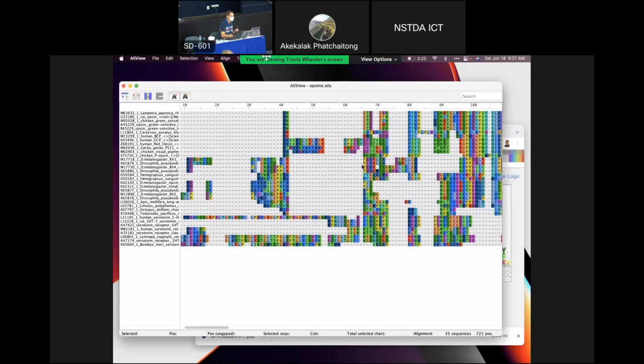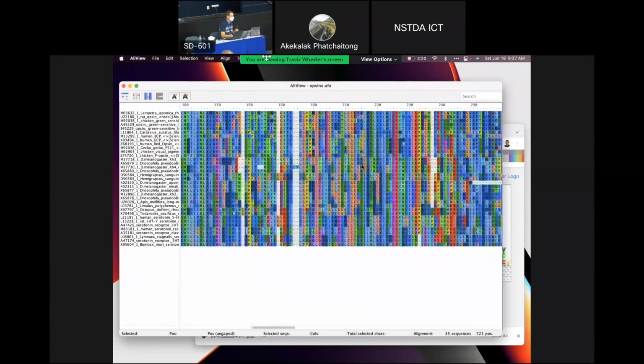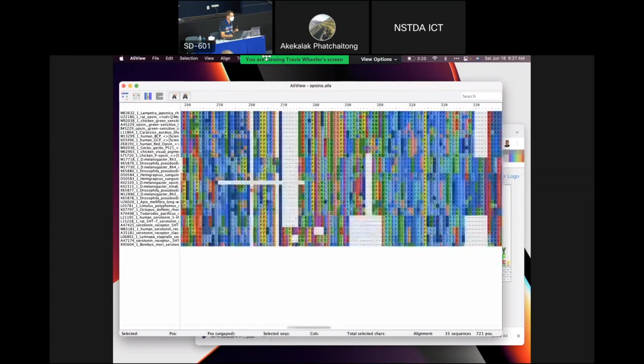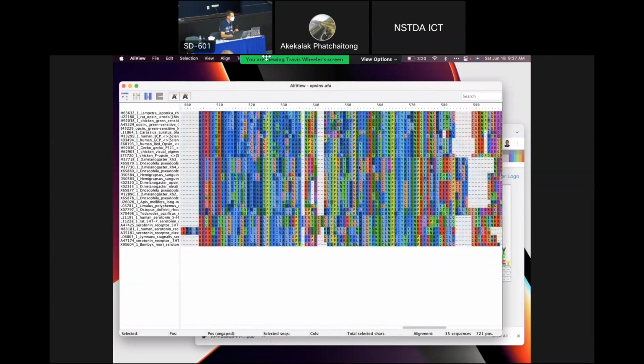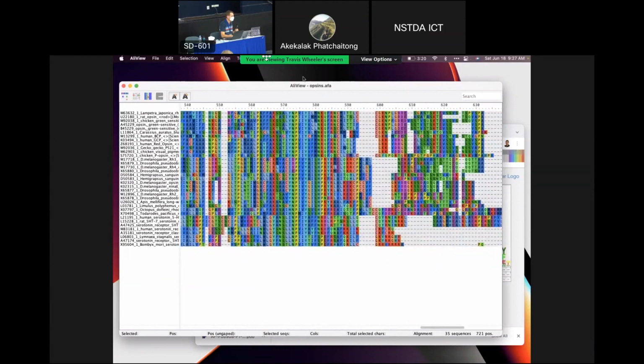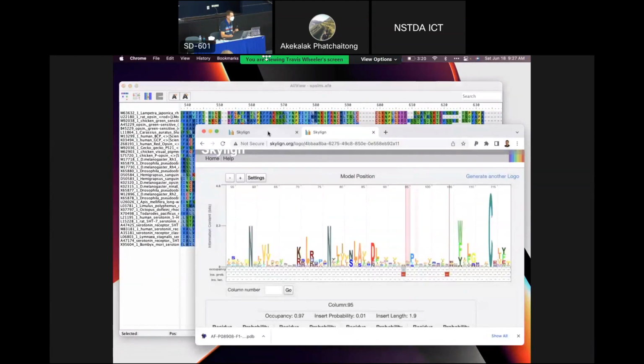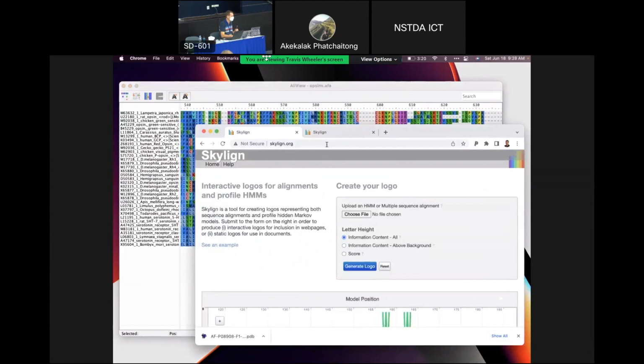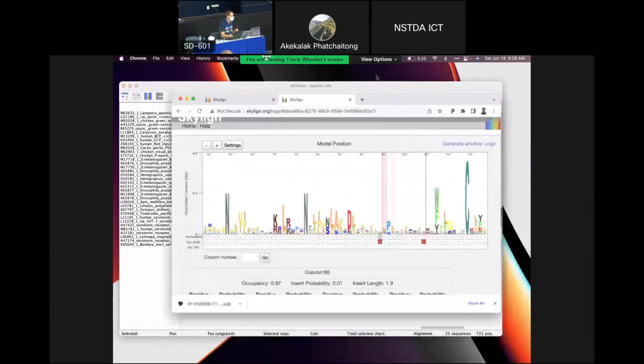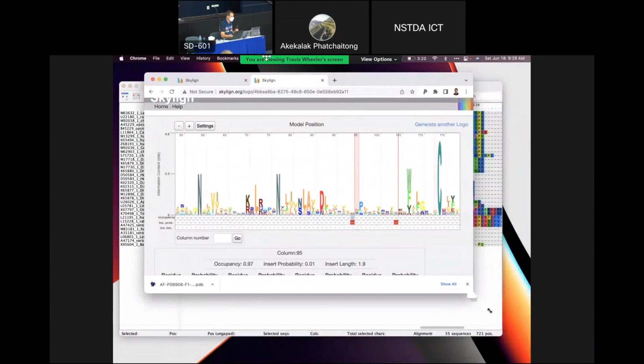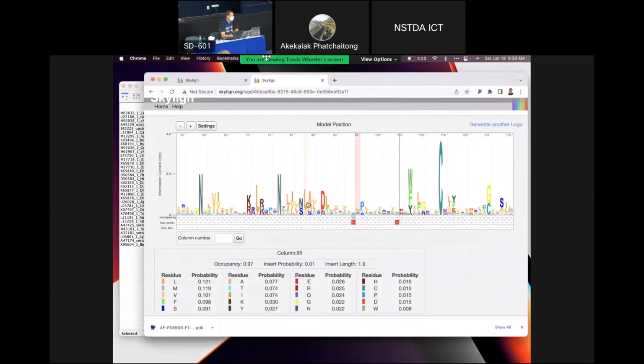We'll talk about that reliability thing in a minute, but I can still take a look at the parts of this that appear to be conserved in some way. And there definitely are some parts of those, by taking a look on the Skyline server. I could upload it again, and here's a pre-baked outcome. And you'll see that there's a much greater variance in the level of conservation, at some positions that are really conserved,